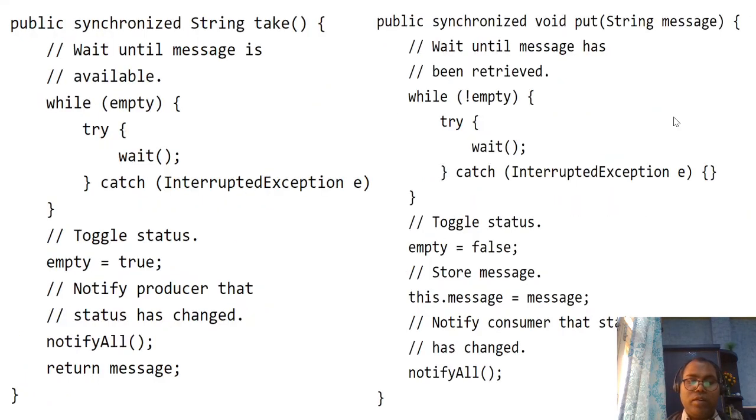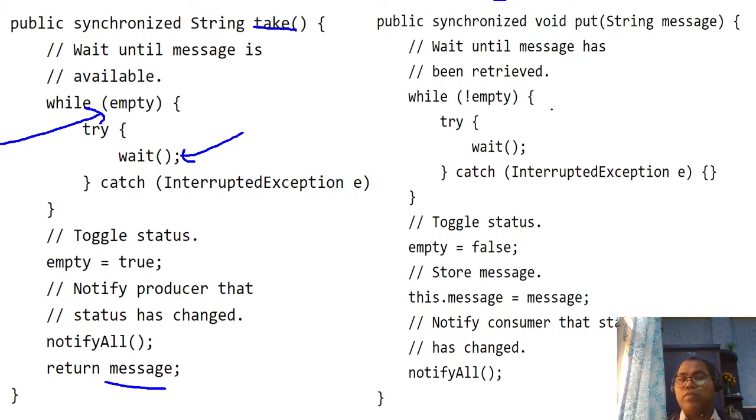The Drop has put and take methods. The take method says if it's empty, then I am waiting. Whenever someone notifies me, I come out, return and consume the message.